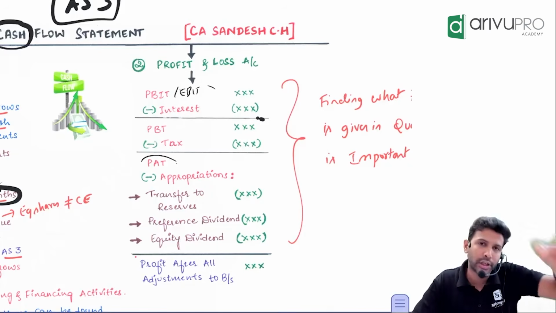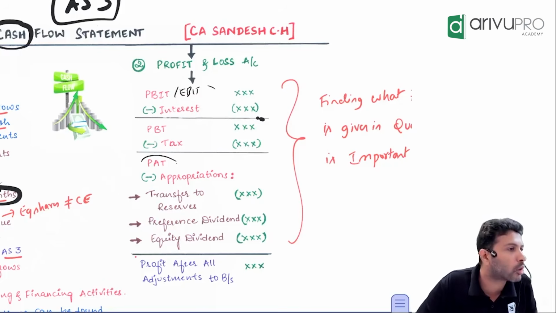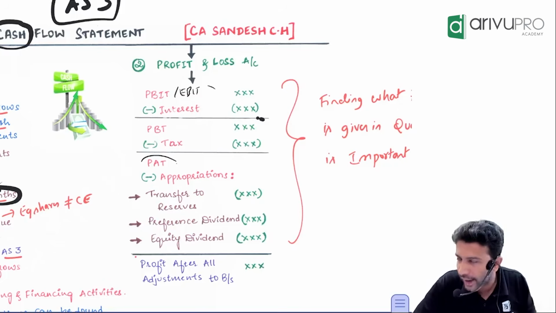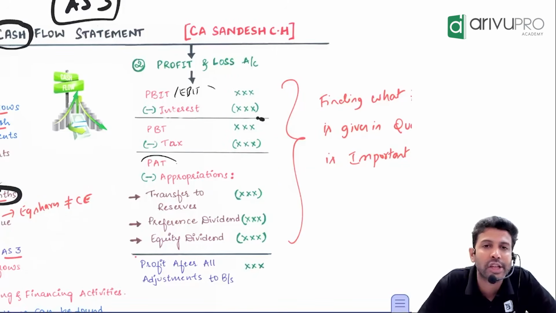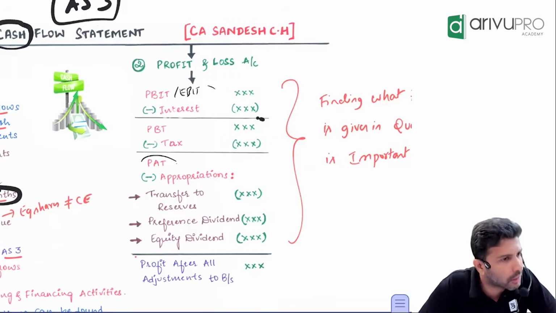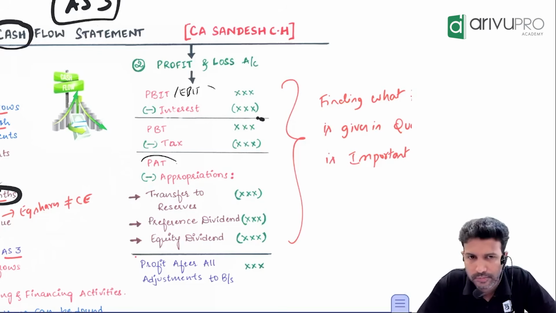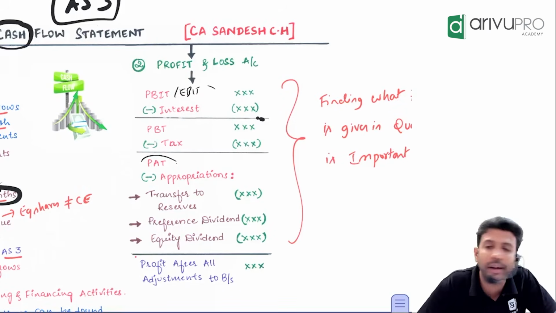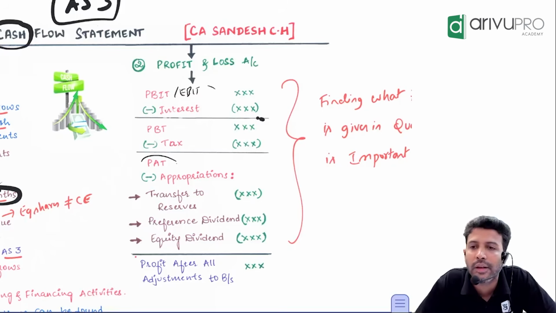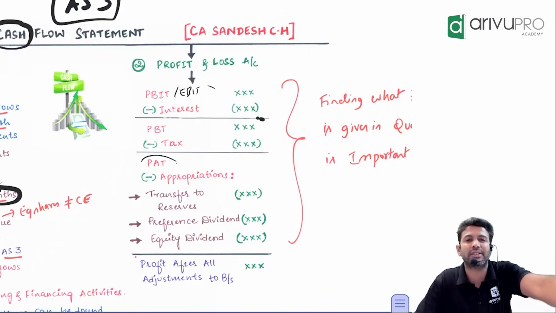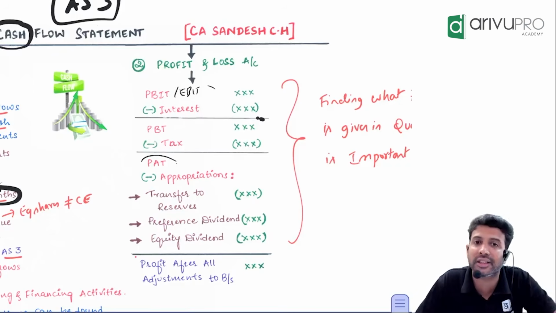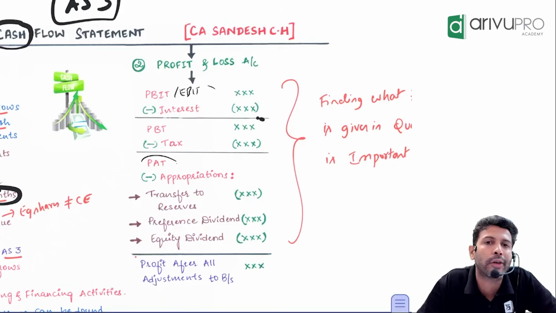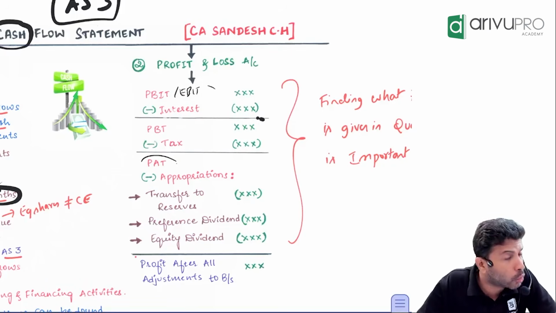To find operating cash flow, we have two methods. What are those two methods? Direct method, indirect method. Direct method means all these examples we discussed, the operating cash flow information will be directly given, or we can find it out straightforwardly. If that is the case, we use the direct method. Meaning if cash received from debtors, cash sales, cash paid to creditors, expenses paid, etc. are given, then we go for the direct method to find operating cash flow. If that information is missing,